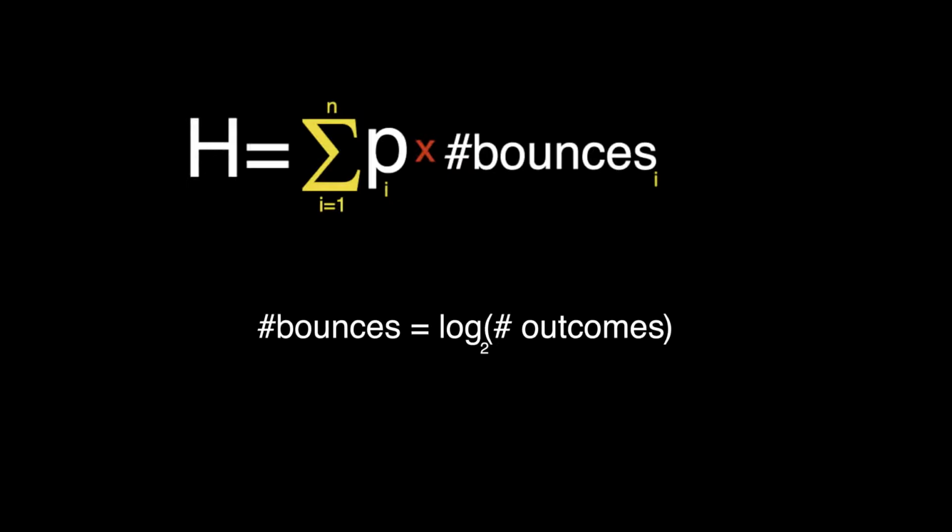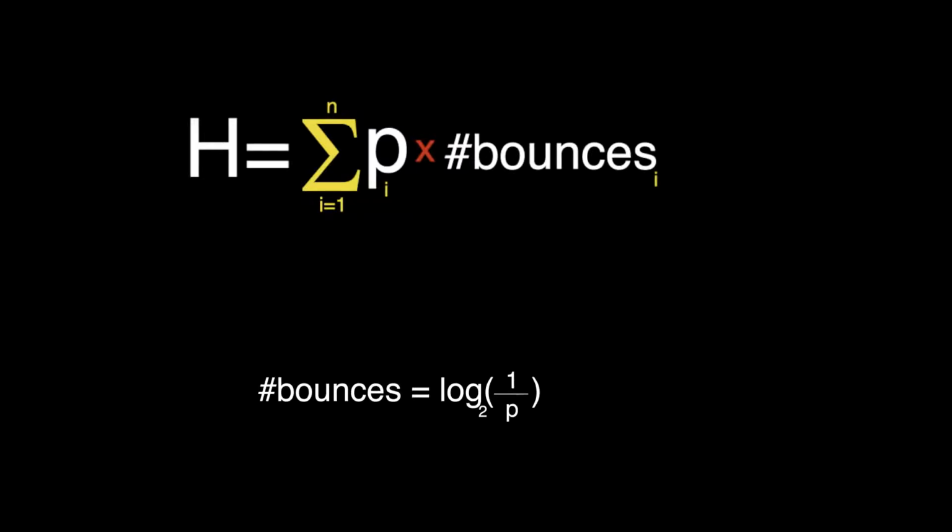And the number of outcomes at a level is also based on the probability, where the number of outcomes at a level equals 1 divided by the probability of that outcome. Number of bounces actually equals the logarithm base 2 of 1 over the probability of that symbol,